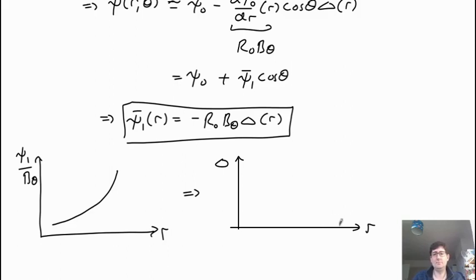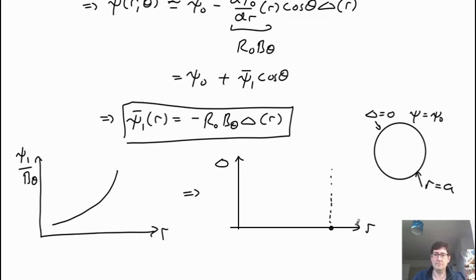Now a sensible boundary condition for delta is that it goes to 0 at the outer edge. So at the outer edge of the plasma, we specify a flux surface, and so on here we say on this surface delta equals 0, and so psi is equal to psi naught, and the flux surfaces inside move relative to that outer surface, and so this surface here is when r is equal to a, and so here we define the boundary condition on delta.